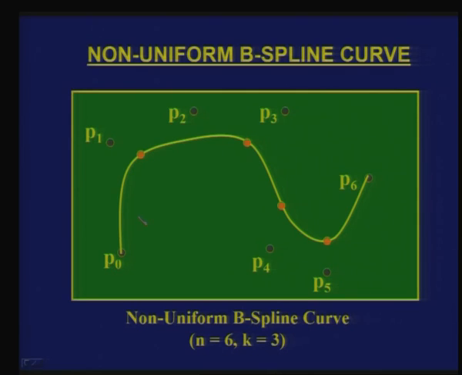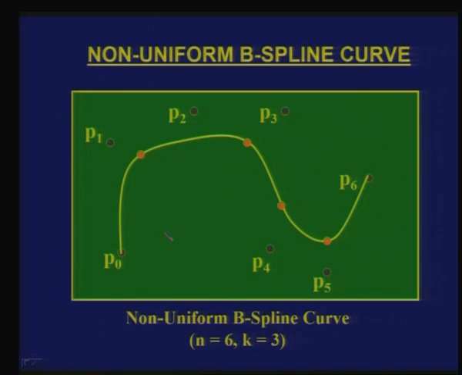The curve also shows these points, which are shown here as orange points, and they basically represent the curve segments. For example, I have the first curve segment which is this, the second curve segment which goes from u is equal to 1 to u is equal to 2 is this segment, then I have the third segment, fourth and fifth. So, when I said n is equal to 6 and k is equal to 3, n minus k plus 2 is basically 5. So, I have 5 segments of the curve which are influenced. That is exactly what is shown here.